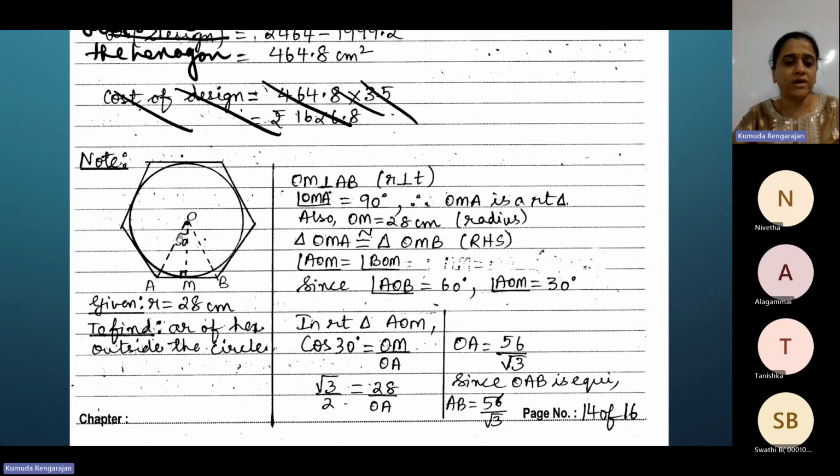So join OA, OB, and OM. OM is the radius. This central angle is 60 degrees. These two triangles are congruent. So this angle is equal to this angle. So 60 becomes 30, 30. So in right triangle OAM,